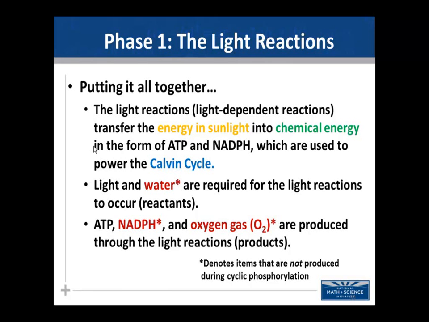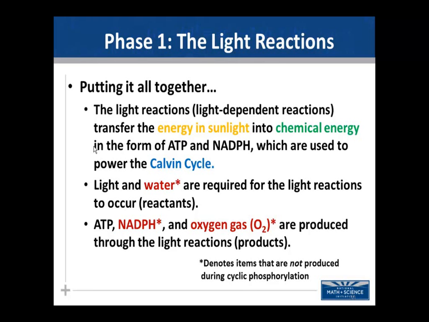If you don't have a bucket to catch the light, you're unable to use it to excite those electrons away. And the other thing that was not mentioned on here is you need an intact thylakoid membrane. So that membrane that separates the stroma from the thylakoid space must be intact. If there's a break in that membrane,